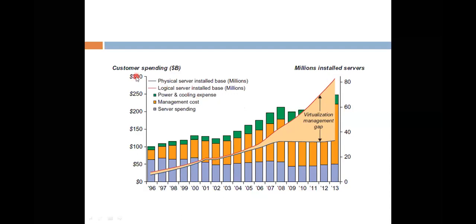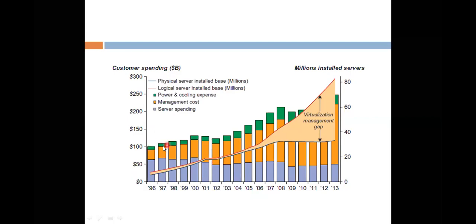So how are these customers spending their money? If you choose a high-end server environment, the customers are spending $3,000 million. If they choose the logical environment, they pay $300 only, and they get high benefits. If they are paying up to only $100, they will get the benefits of these servers only.